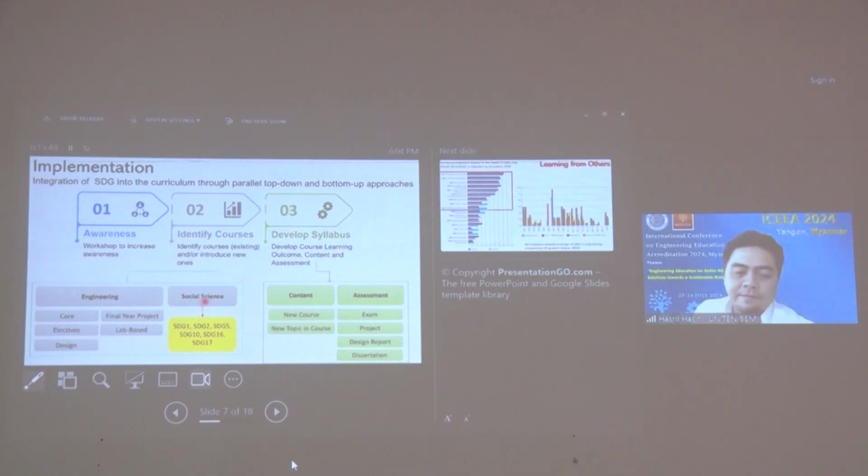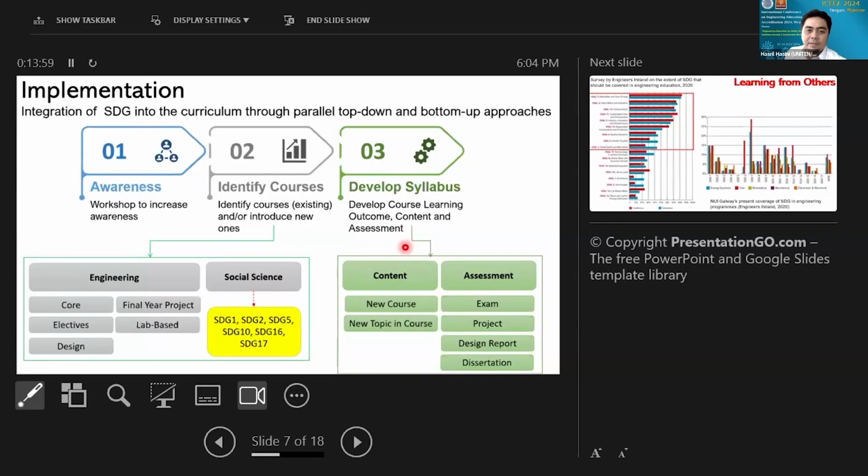Okay, once we identify the courses, it is also good to have a syllabus developed starting from scratch, or the existing syllabus to be modified so that we can include the element accordingly. So in terms of the content, whether you want to introduce new topics or whether you want to completely introduce a new course.